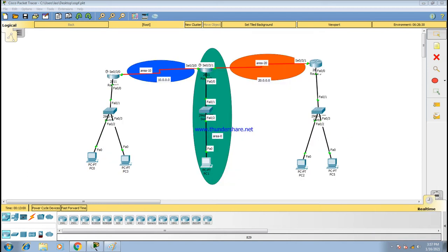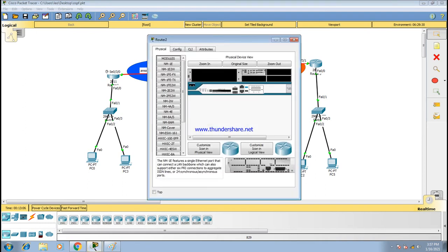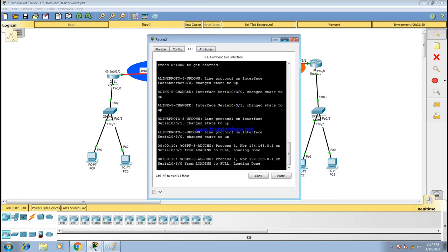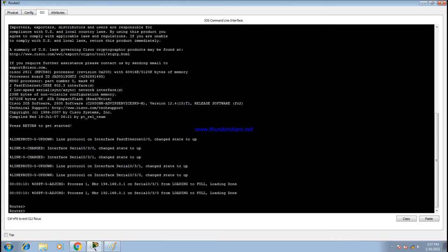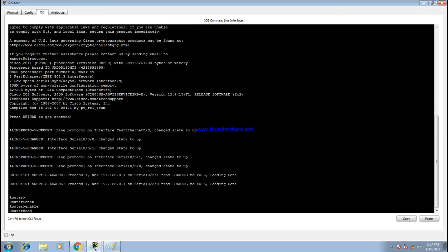So what do you want to do? Now we want to configure the ACL into our centralized destination router. Go to the second router. Go to the CLI mode. Press enter. Go to enable. Then give configure